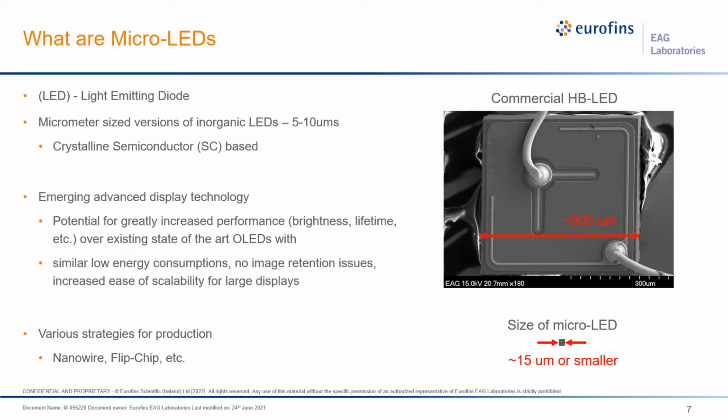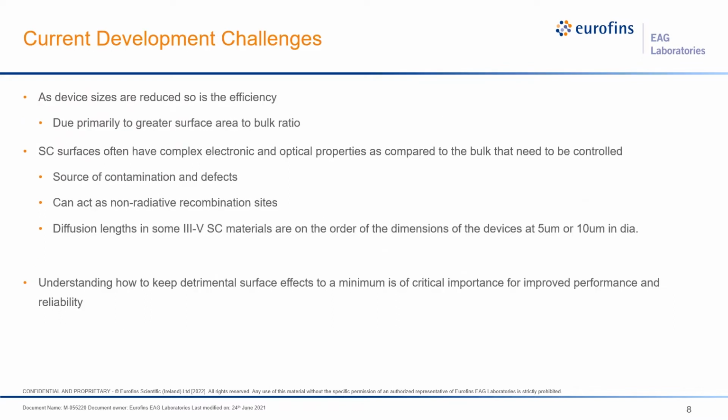And you can see here, you're talking scale on the order of 0.5 millimeter, 500 microns by 500 microns. And so now we're really talking about devices that are much smaller here, about 15 microns. So devices about the size shown between these two arrows. And so by shrinking these dimensions, we actually create a number of different development challenges in terms of making these